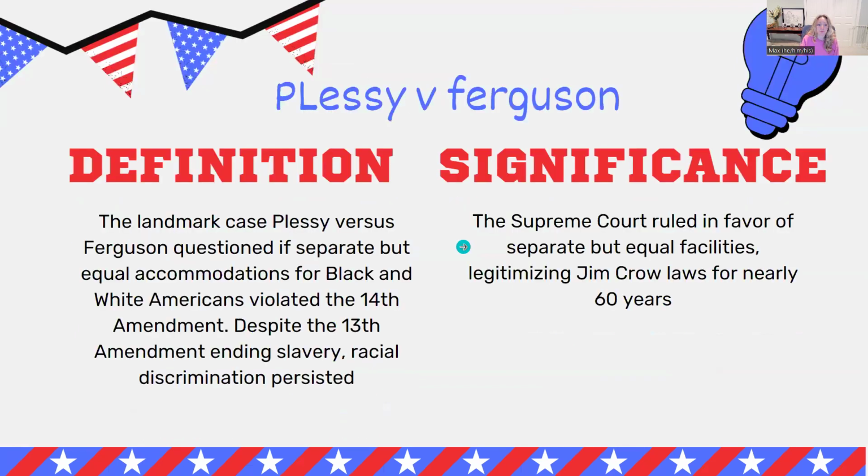Plessy v. Ferguson. All right, this is one of the landmark civil rights cases. Civil rights in the fact that it goes against it, but it's in that theme. It questioned if separate but equal accommodations for Black and white Americans violated the 14th Amendment, which says that everyone has equal protection under the law. And despite the 13th Amendment ending slavery, racial discrimination still persisted, is basically what this shows us. The Supreme Court ruled in favor that separate but equal facilities do not violate the 14th Amendment, and it gave the green light and stamp of approval to Jim Crow laws, and allowed them to exist for the next 60